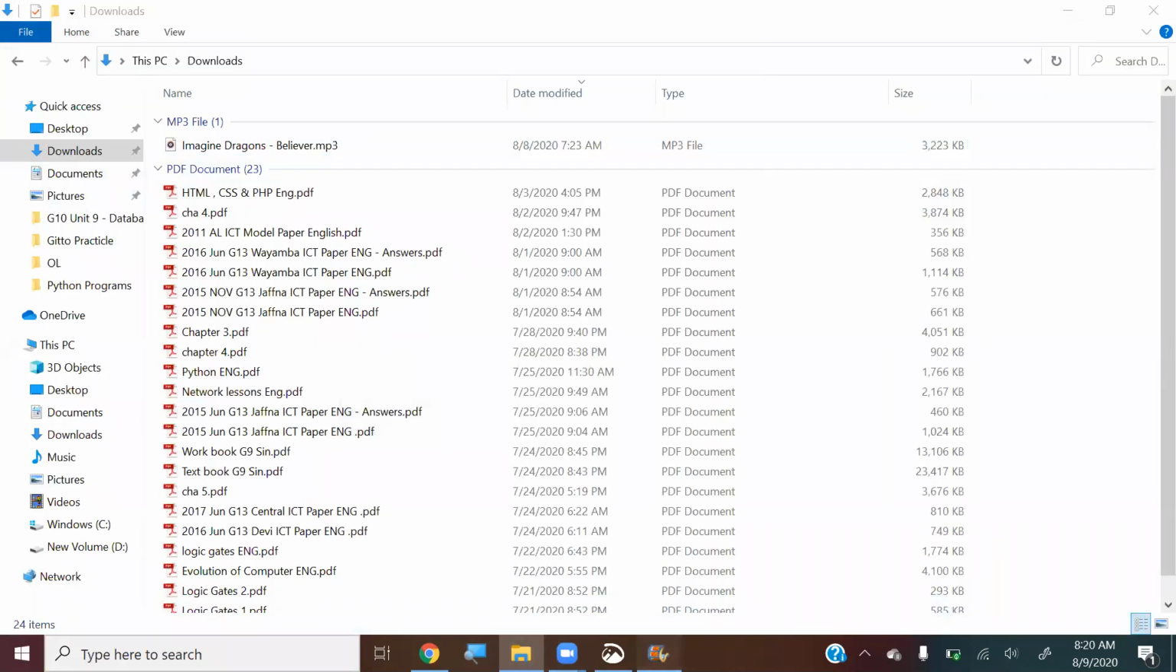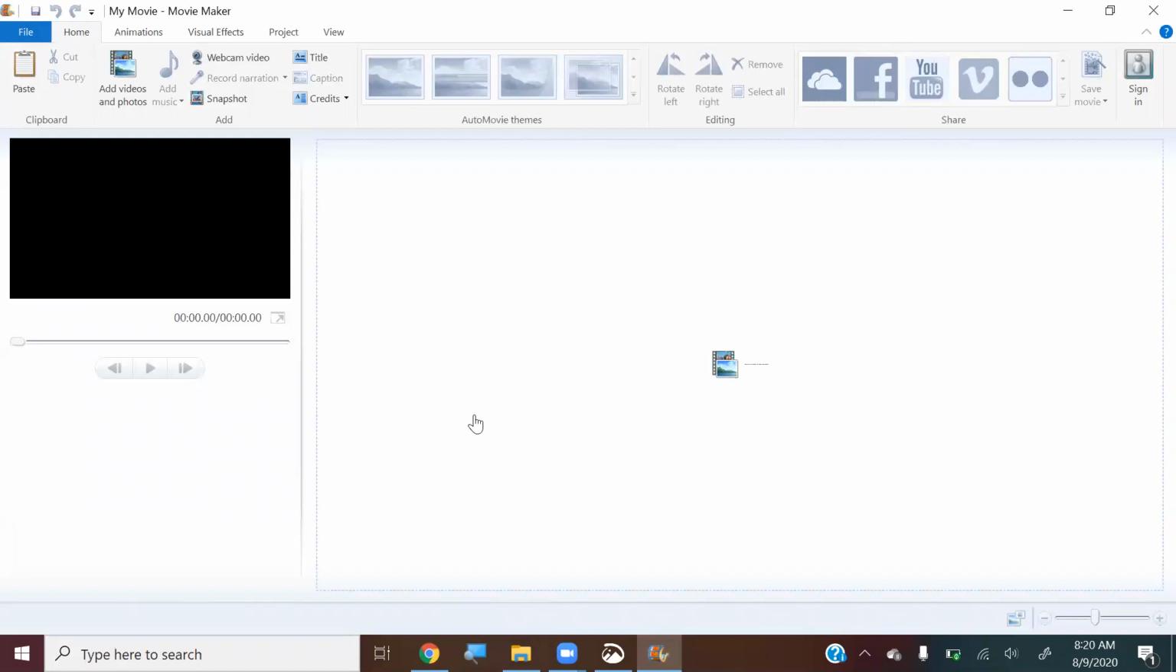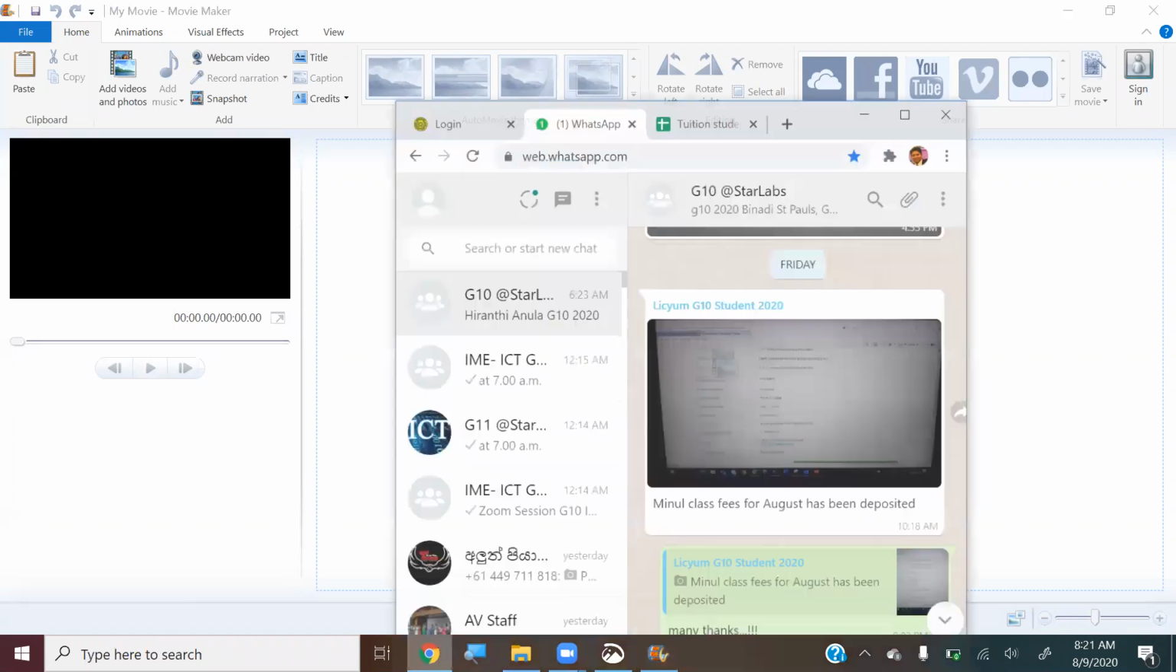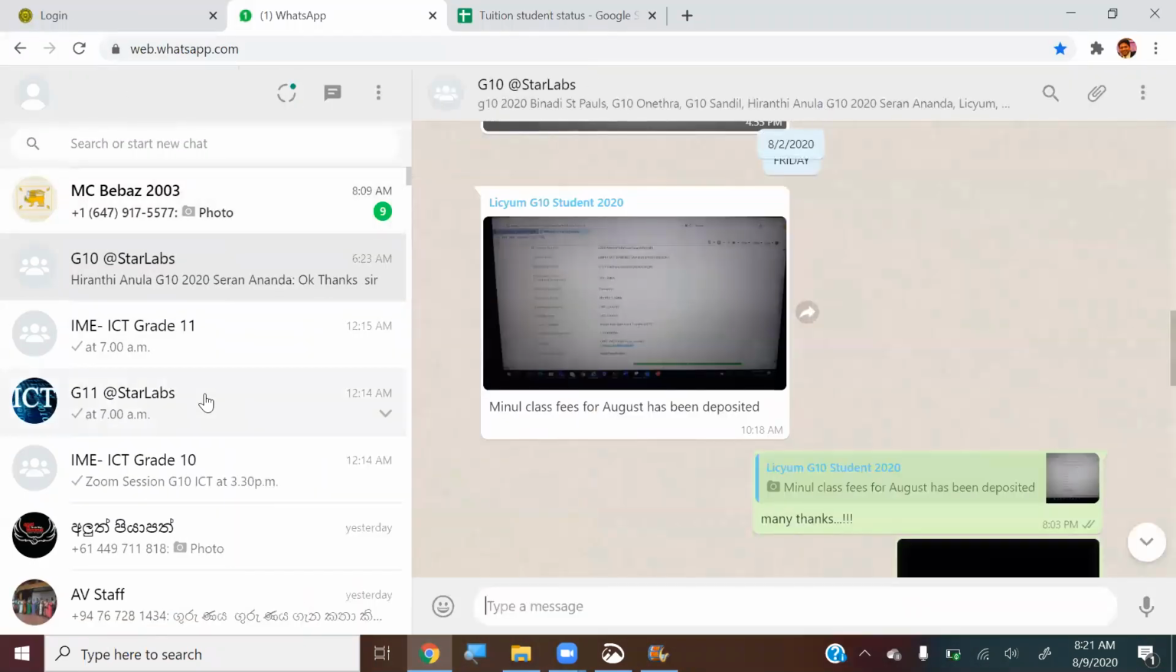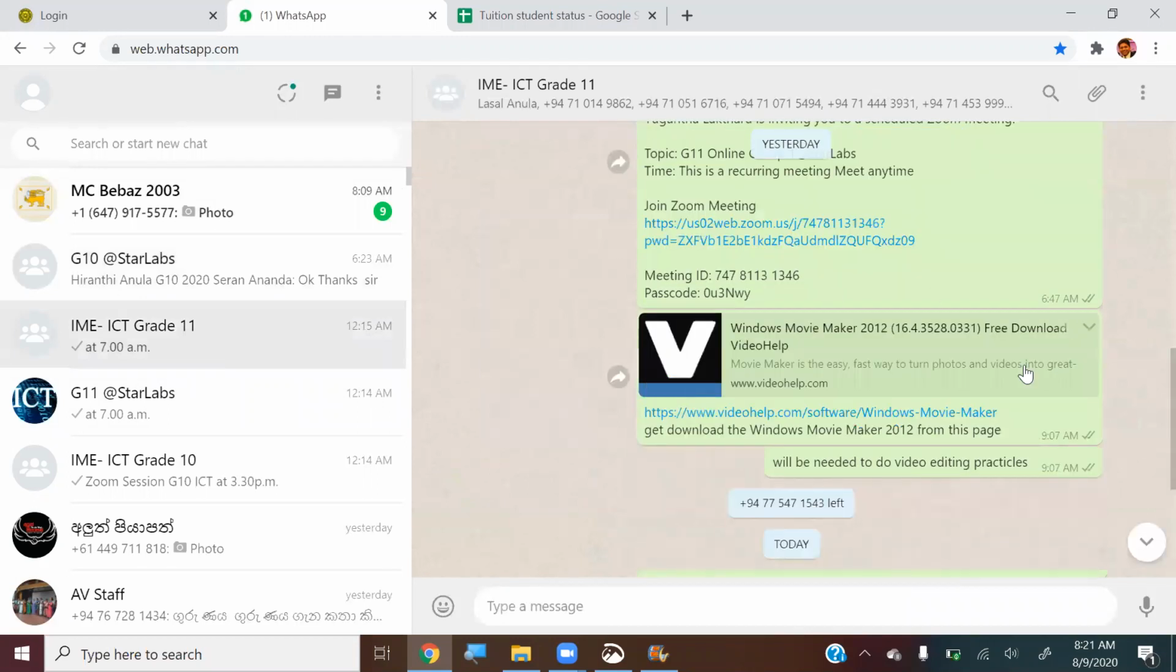And even though this is Windows Movie Maker, which was produced by Microsoft, they are not allowing us to download this from the Microsoft website. It is not available there, but it is there on many different websites. Be careful when you are downloading it. The link that I have sent to you is a secure one. I have downloaded it from that particular place, so I have posted it here in the IME group